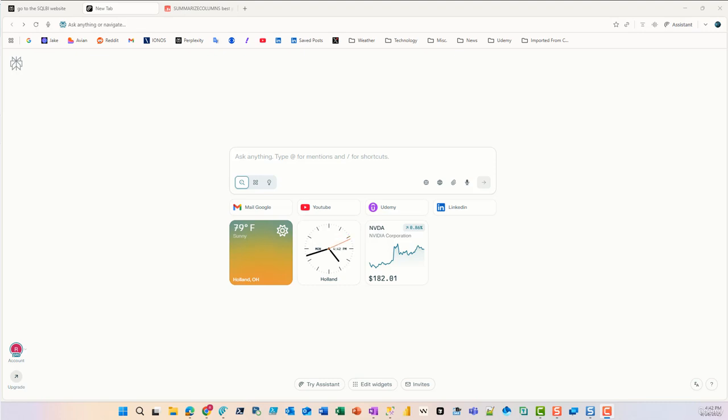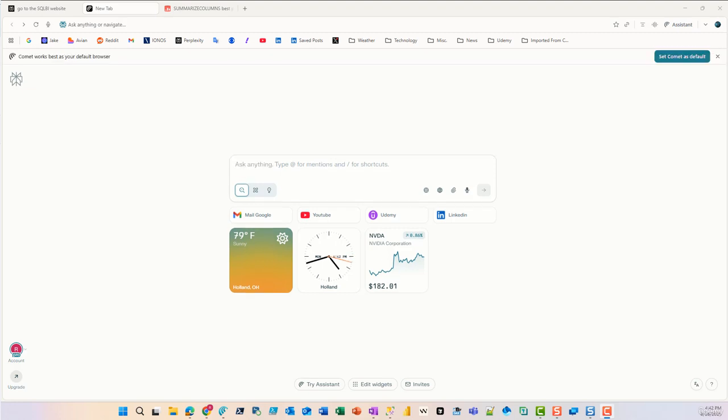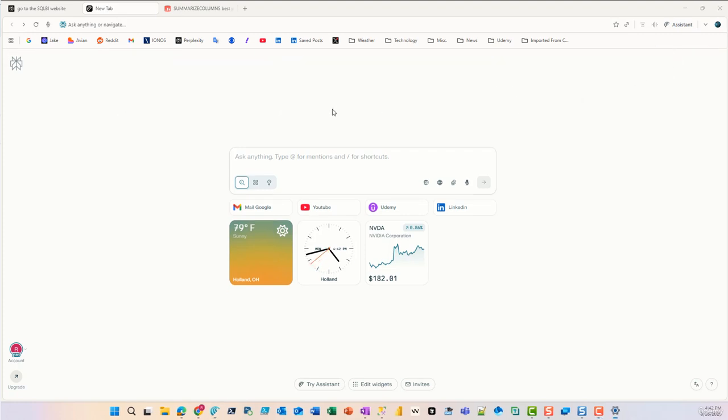In this lecture, we're going to talk about the Comet interface and navigating around the homepage. At first glance, this looks much like your Google Chrome interface. It's very clean, it's sparse, and it gets the job done quite well, and it's not at all cluttered. This just popped up, and I already have it as my default browser. I don't know why it keeps asking me. Of course, it could be just a beta issue or a bug that they're going to fix at some point